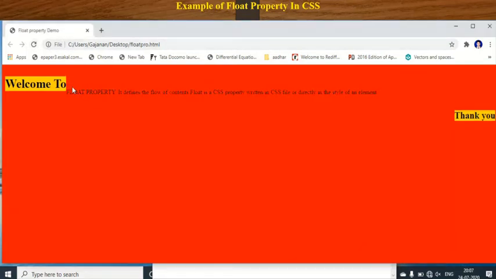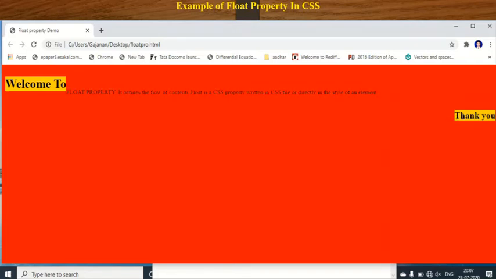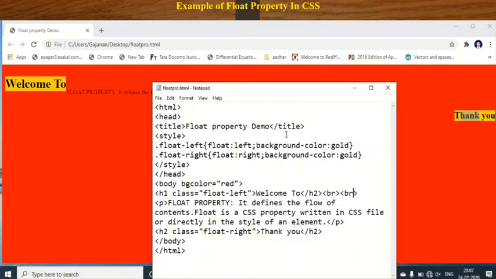If we apply the br here, then the text is shifted one line below, and according to that the next line, that is thank you, is also affected. Okay, that means the position of this one is not changed, it is fixed. So like that you have to apply here the float property according to your needs. Clear?